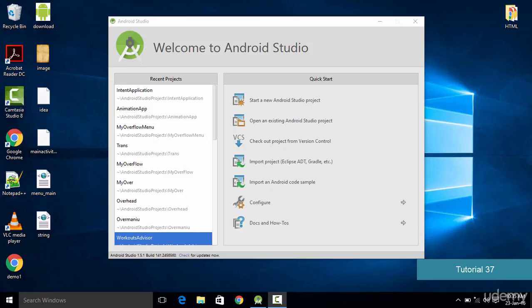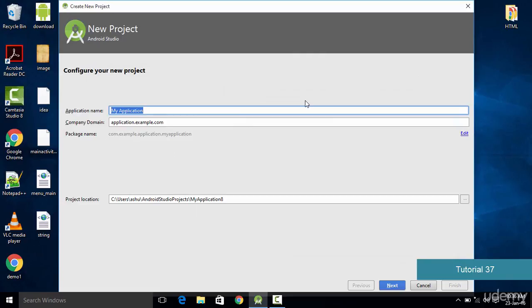So basically in this tutorial we are going to create two new projects, one for each application. So the first project would be the send broadcast and the next one would be the receive broadcast. So let's go ahead and create our first project. So we click on start a new Android project, and let's name this as send broadcast,